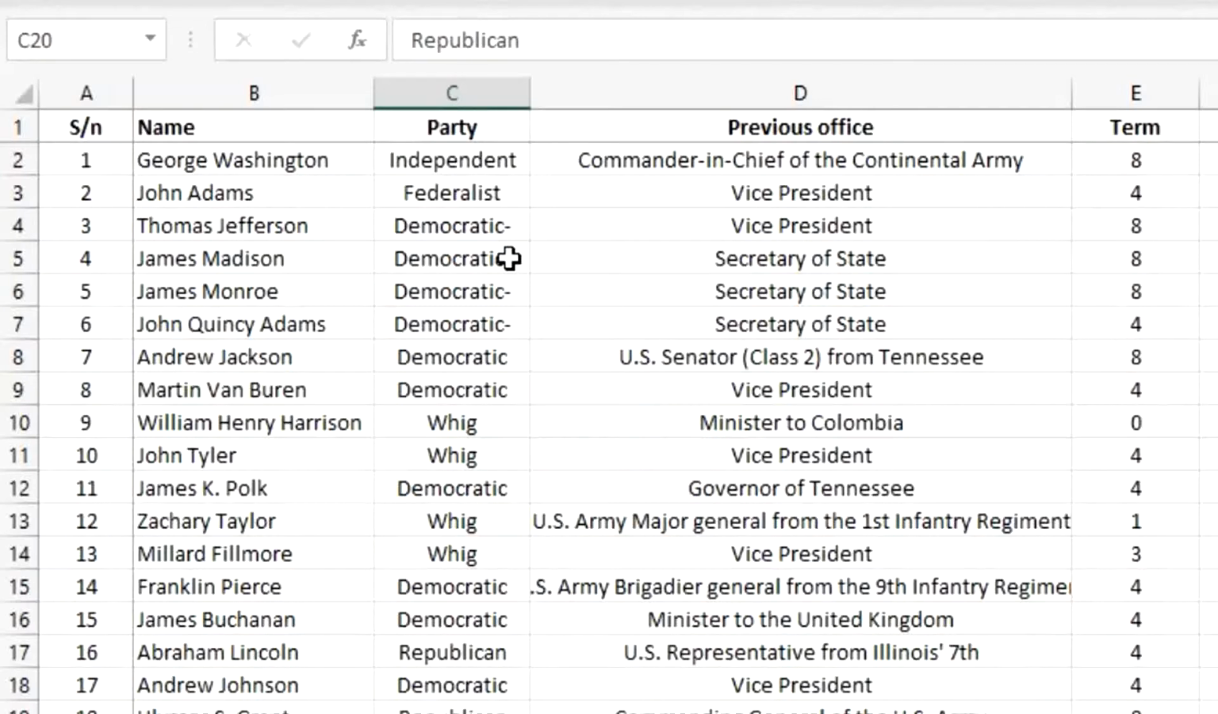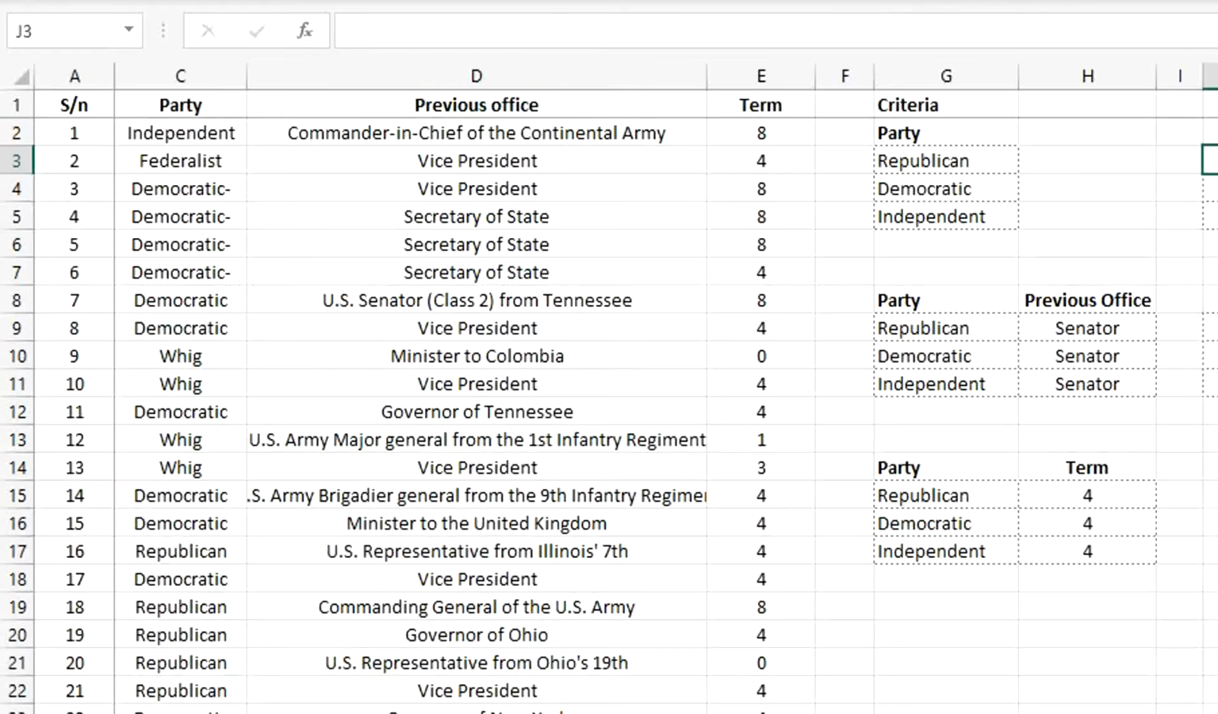I have a list of the presidents of the United States. I have the name, I have the party, I have the previous office, and I have the term. Now the if function checks whether a condition is met, and it returns different values for a true or false